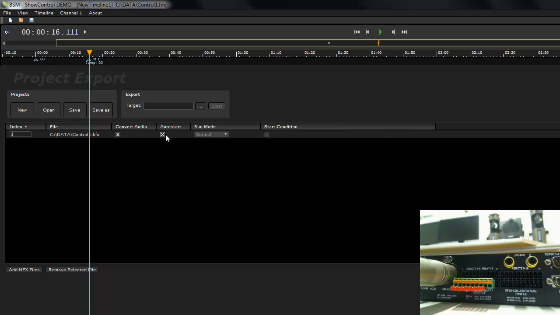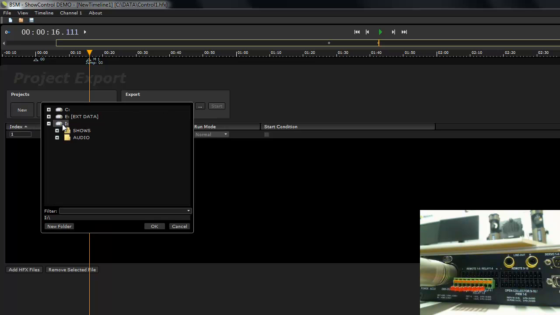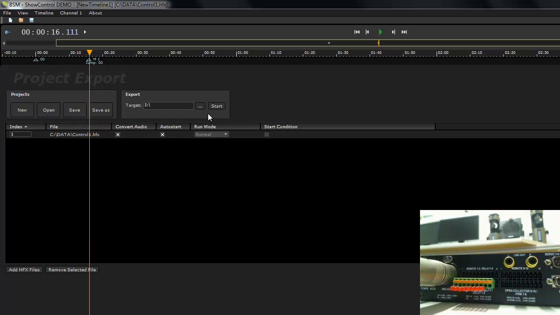For this now I'm going to auto start it, and if we have multiple HFX files here, it makes sense to save this as a project where you can always export a new version with all the HFX files to one and the same flashcard. But we only have one file here, so it's easy to export. We don't need a project here, and we choose drive E to export because E is our flash drive, and we simply press that,